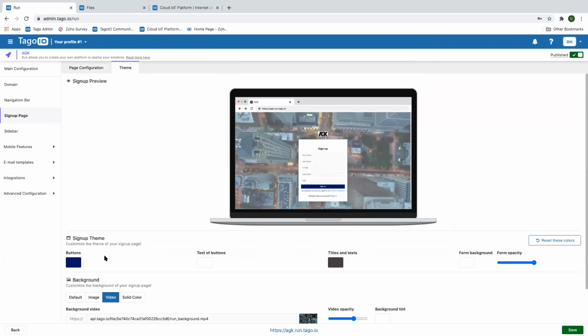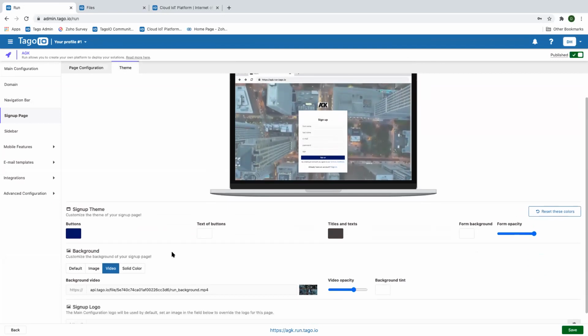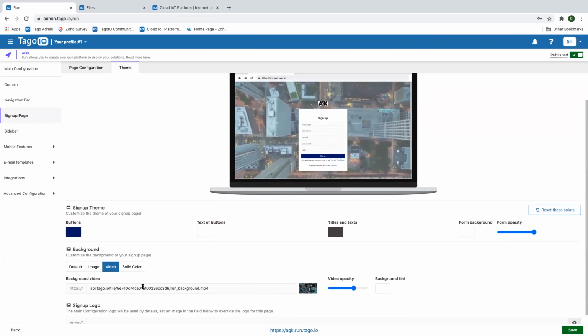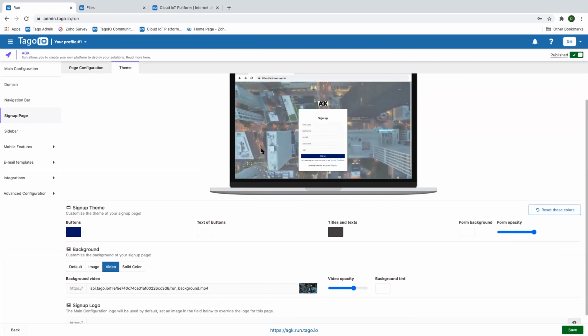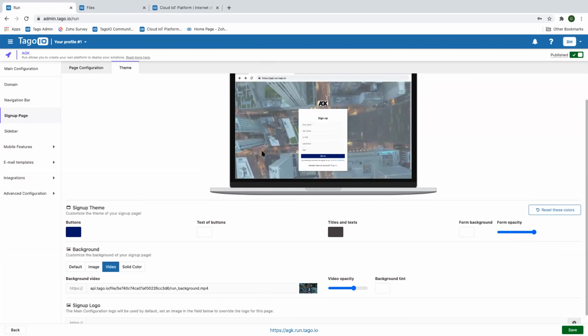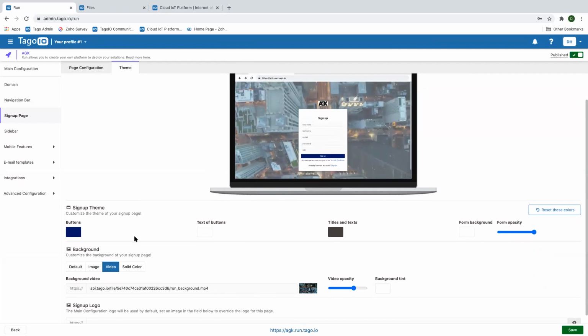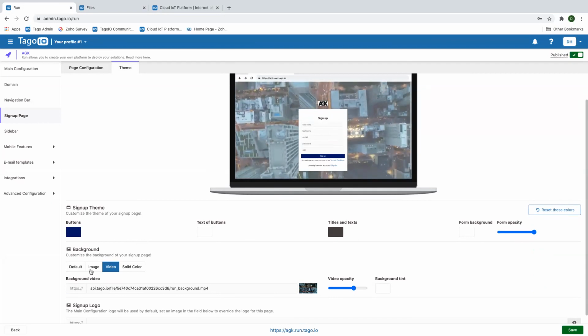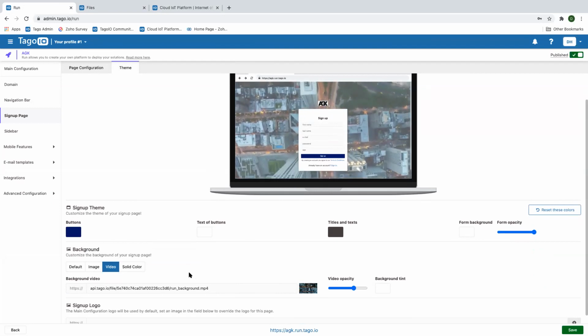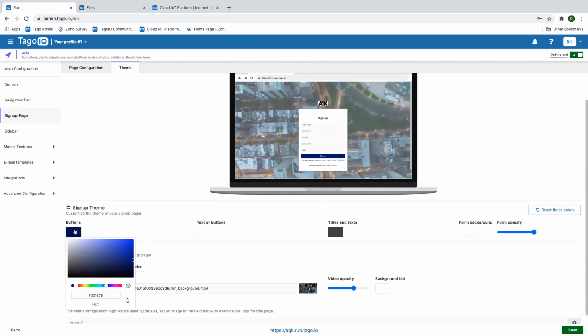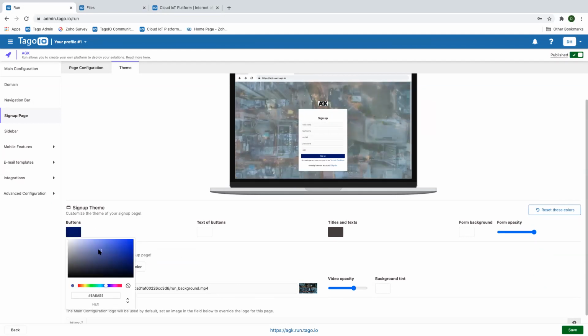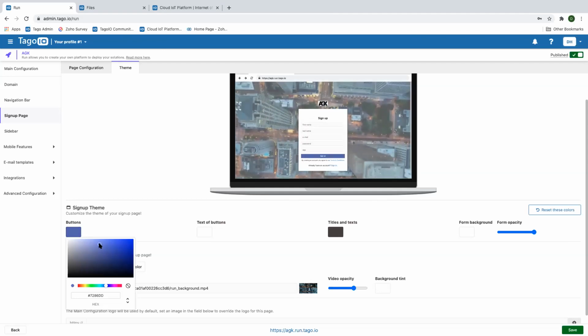Again, same idea with the theme. In this particular case, as you can see in real time, I've actually put a MP4 back here where you could see an overview of the city. So you could have an image, solid color, or obviously a video. And then the same idea with the theme buttons. You can change these to any color that you like,